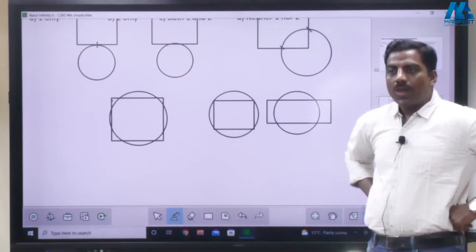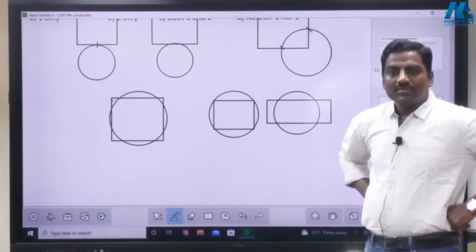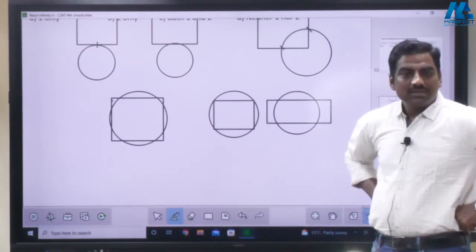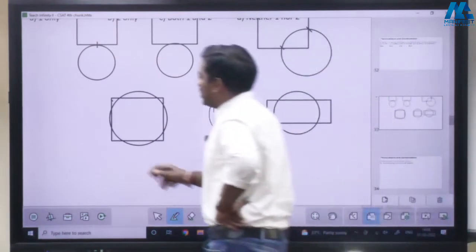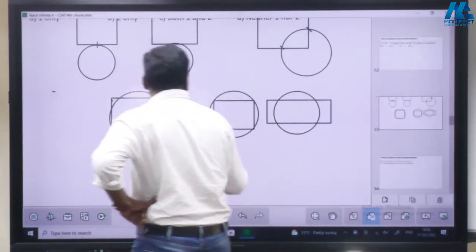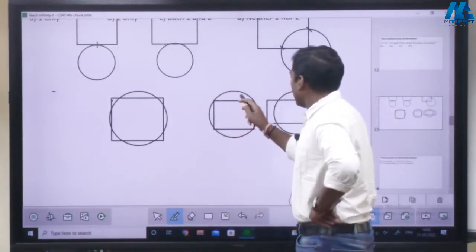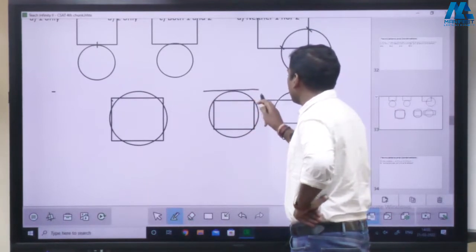Can we? Yes. See, without intersecting, what all are the possibilities? I'll tell you. This is one possibility. And another possibility,